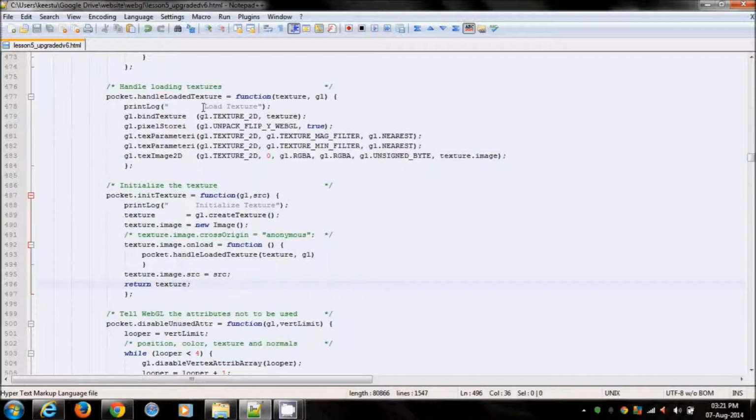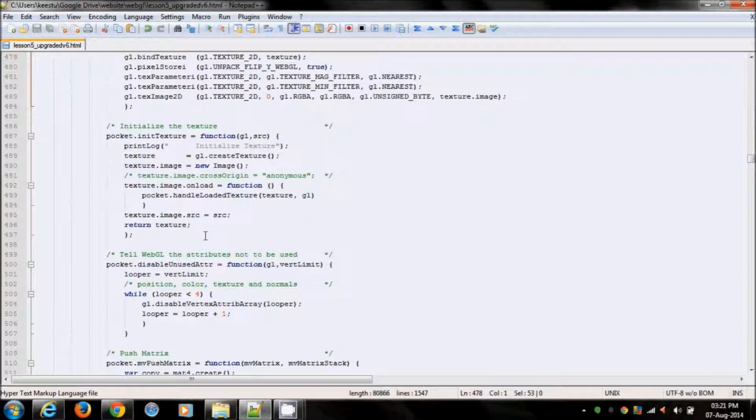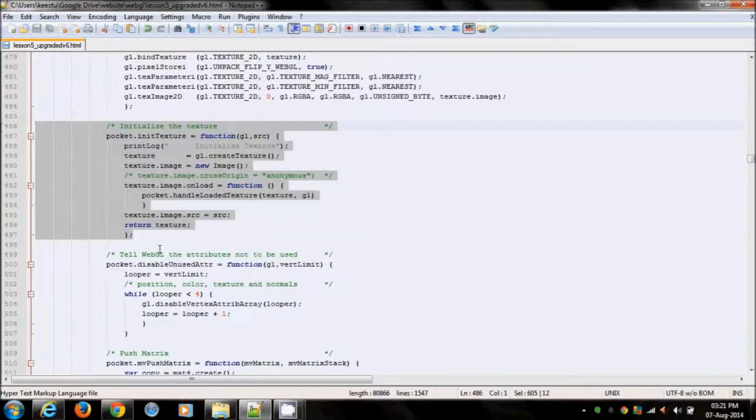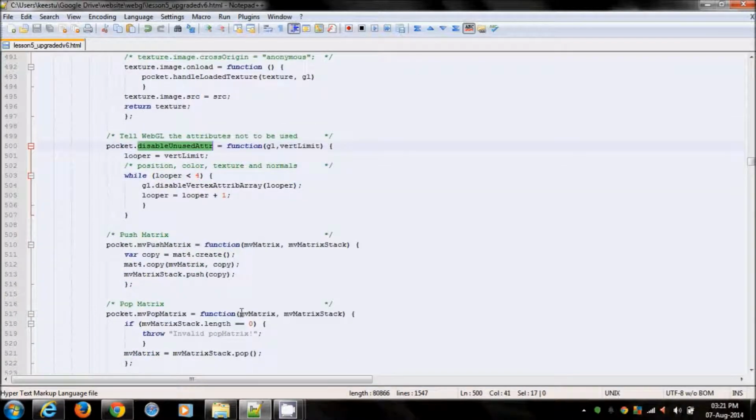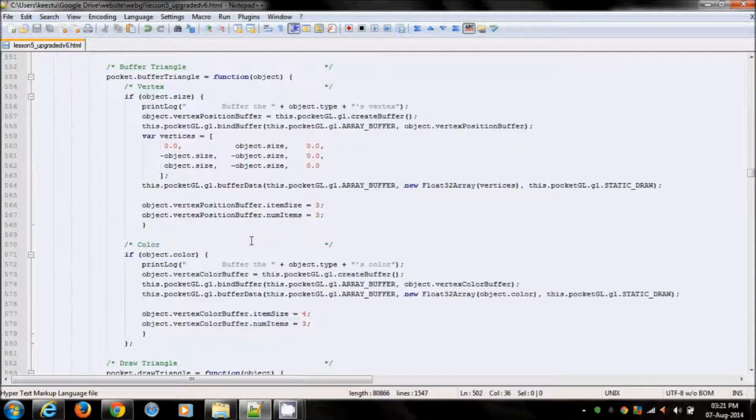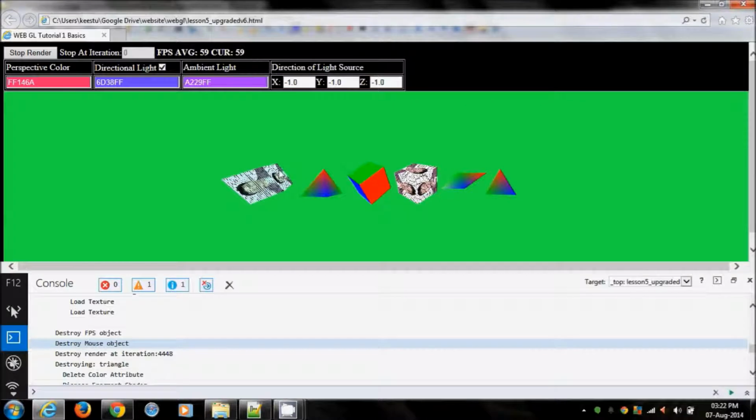You will know when it is initialized and when it is being loaded over here. So it takes some 10, 20, 30 iterations at times to load it properly. Disable vertex attribute array was quite a challenge because I didn't know this part, where you had to enable position, color, texture and normalization vertices separately, and then those attribute arrays need to be disabled, considering you have multiple items in the same GL packet.